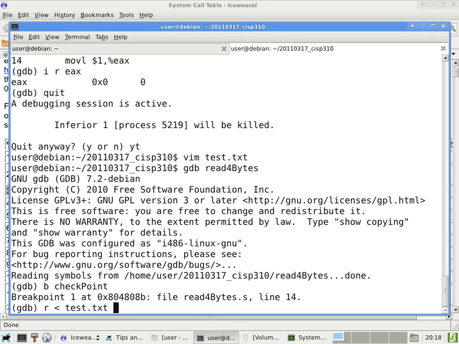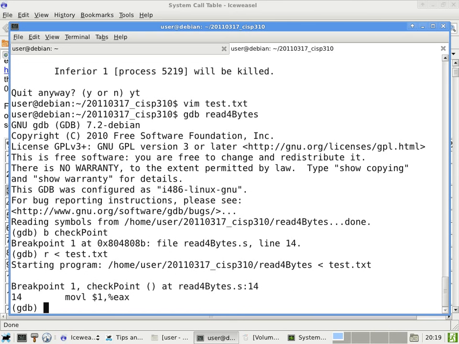Take everything from test.txt, which is the file that I created earlier, as the input to the program itself. It is not the input to GDB, so now it is separating the input to GDB completely from the input to the program that we are debugging, which is a great way to do it, because this way there's no confusion anymore. So I run the program, it gets to the checkpoint because at some point it has to end,